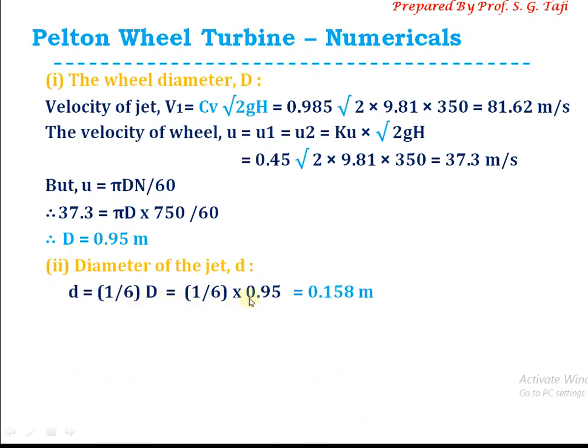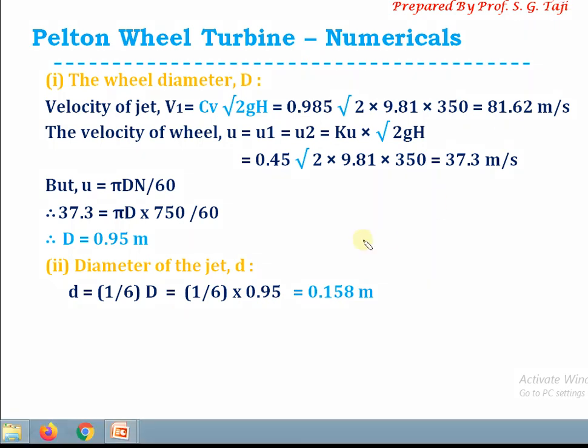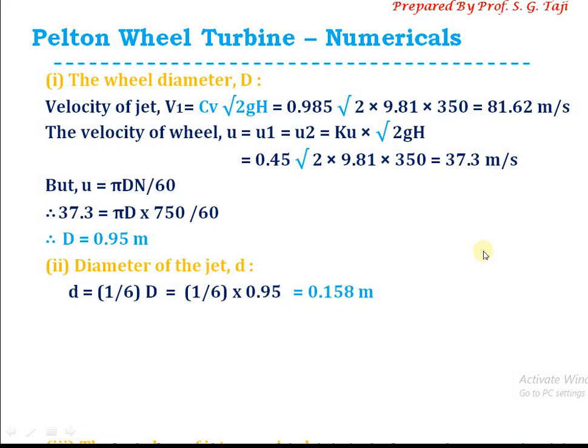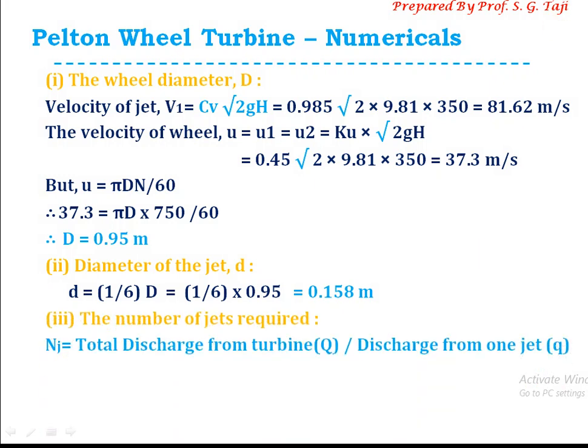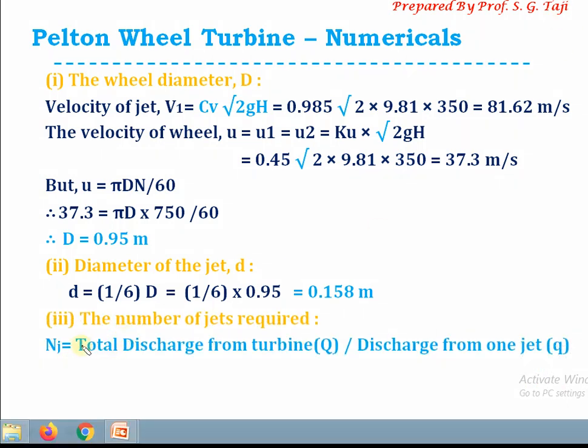So just put the value of D here, you will get the diameter of jet, 0.158 meter. Next thing they asked is to calculate the number of jets required. So the number of jets required, we know, is given by total discharge from the turbine divided by discharge flowing from one jet. Here we have calculated the diameter of jet, and we can calculate the volume of water flowing through this jet by using velocity and the area of jet, which would be given by